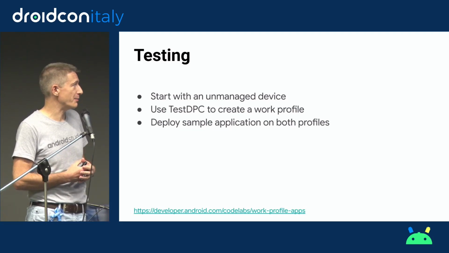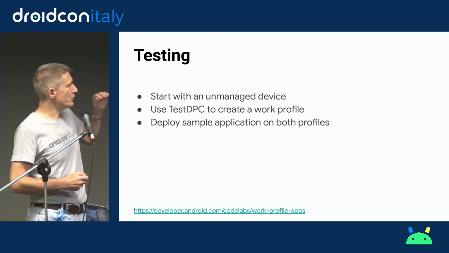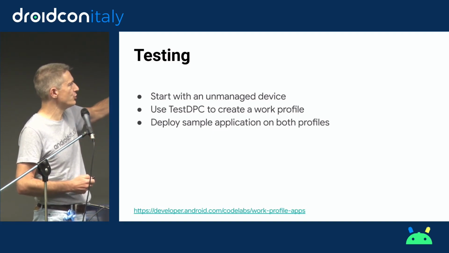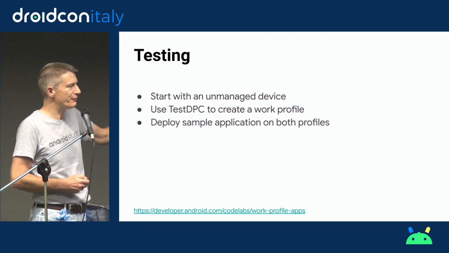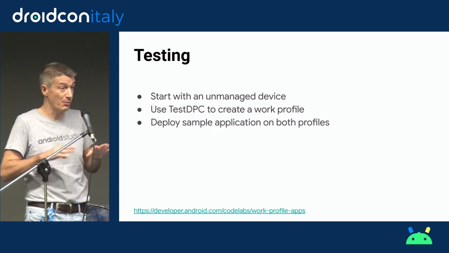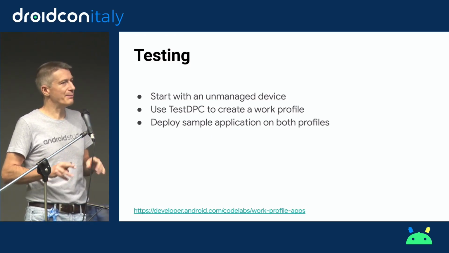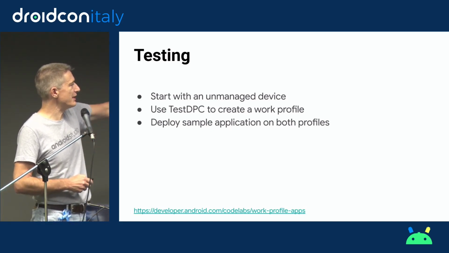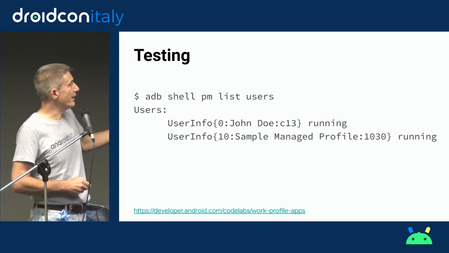But it's something that we also use internally to test all the new features that we add to Android Enterprise. So to test, you really start from a clean device. We're going to see how to use TestDPC to create a work profile, and then you can deploy the application on both profiles, and it's a bit tricky there too. And then we can test the application. The steps are defined in the codelab that I linked there. But first of all,